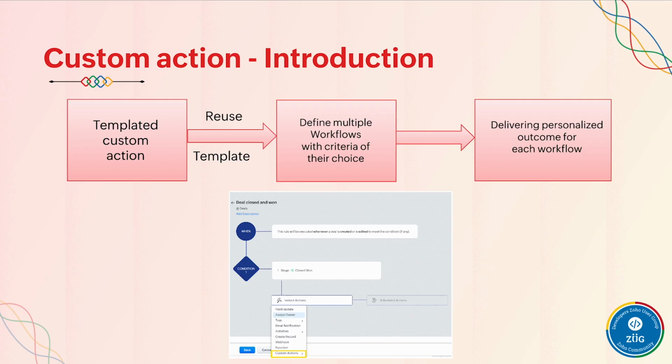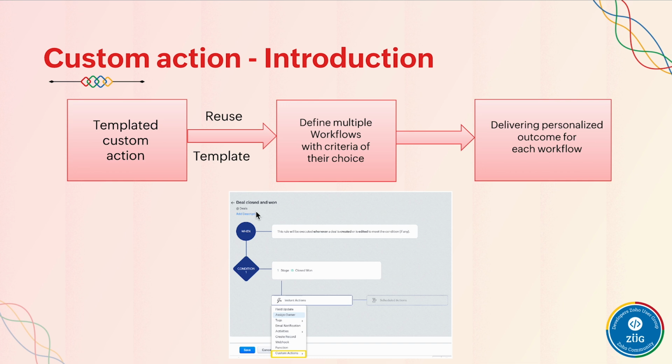Now the end user who's installing the extension gets the benefit of defining the workflow criteria of their choice. They can define any number of workflows, but reuse this custom action that you've created as part of their workflows. In this way, the common action you've created as part of your extension is being reused across multiple workflows created by the end user to get personalized outcomes.